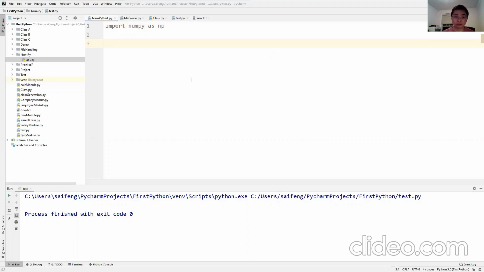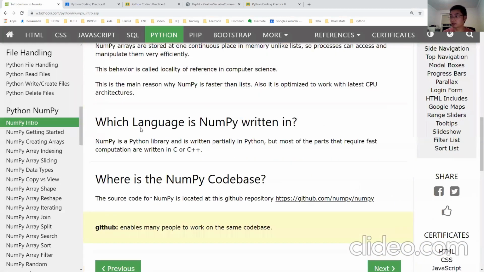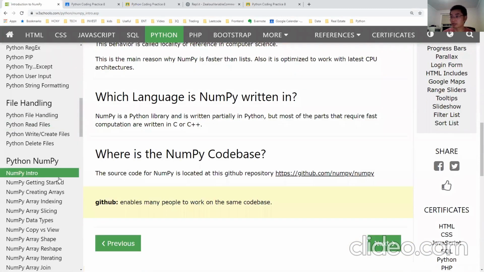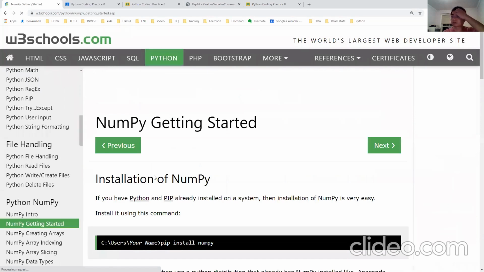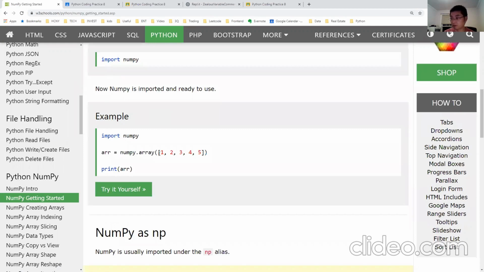Let's quickly go back to the W3Schools, Getting Started. Import NumPy, and then you see here, np.array, and then put in 1, 2, 3, 4, 5. What does this look like?